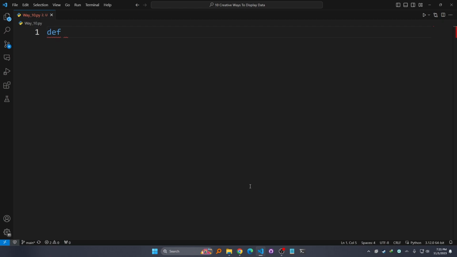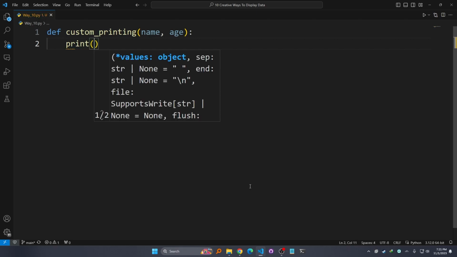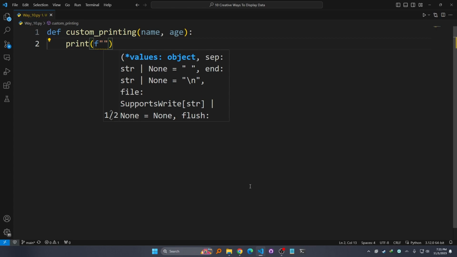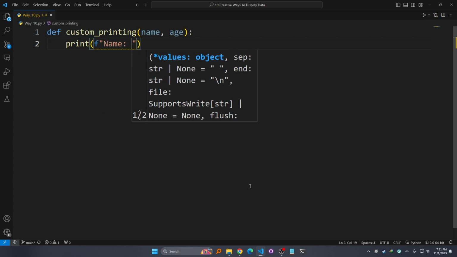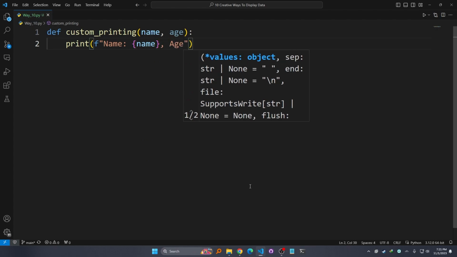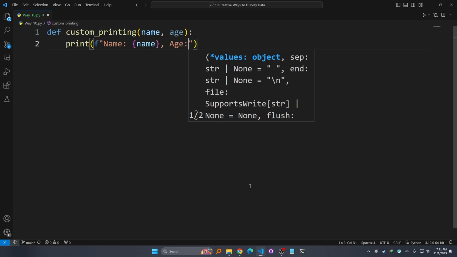So let's say I am going to create a function. Let's say I am going to give the function name as custom printing. You can give it any name you want, and this function has two different parameters. All right, so name and age. And what it does, it simply prints something. So I can simply use the f string here as well. So let's say it would print something like name, and I can use the curly braces as well, name, and then let's say age, and curly braces